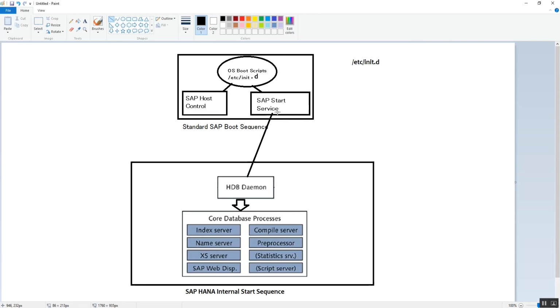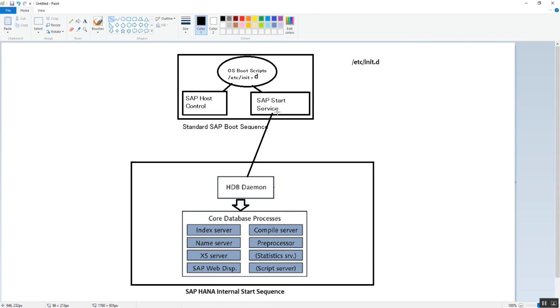Once this service is started, it calls the HANA database processes. First it calls the daemon. The daemon will start the remaining core processes.